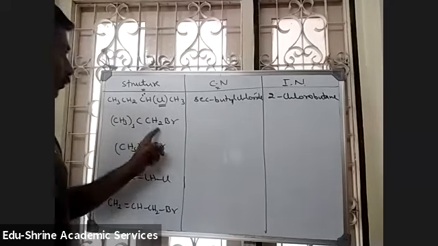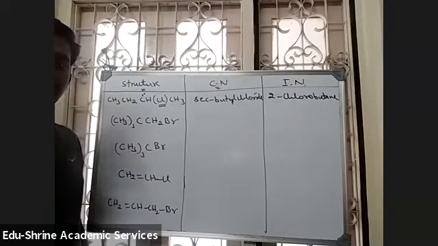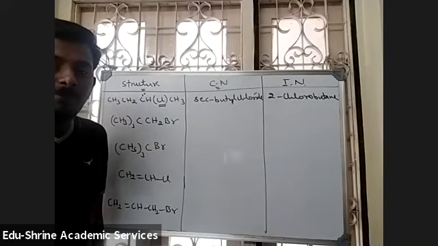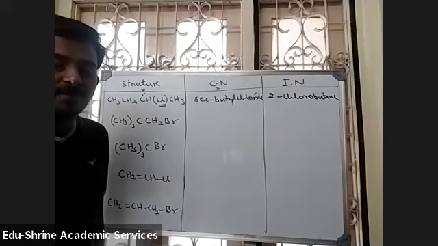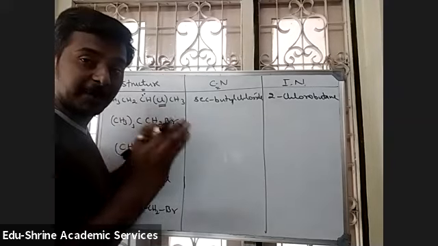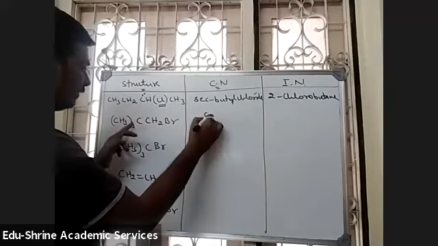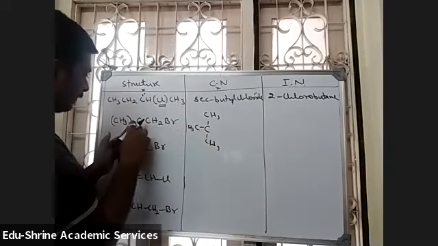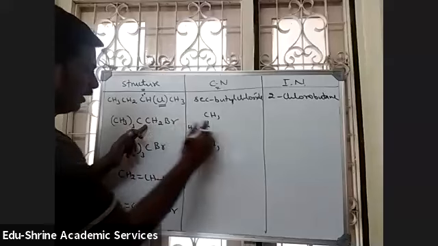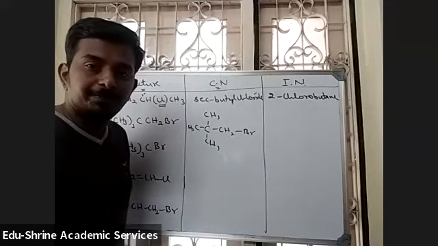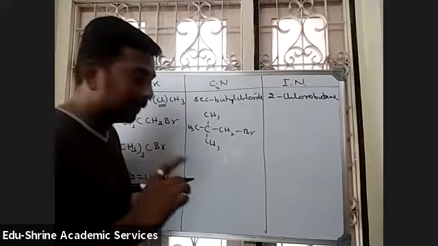Okay. What will be the common name of this compound, students? So totally there are 5 carbon atoms if you observe. If I expand the structure of this one, to this carbon atom 3 alkyl groups are attached. So again there is a CH2 group, then there is a bromine. Right. Now see here.